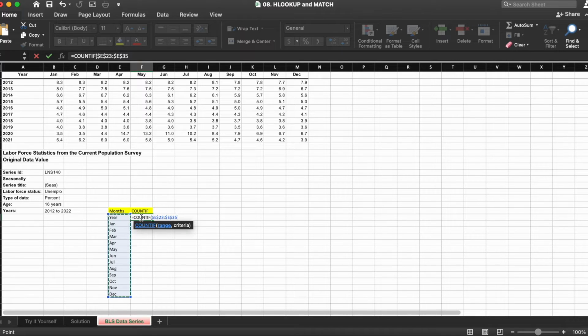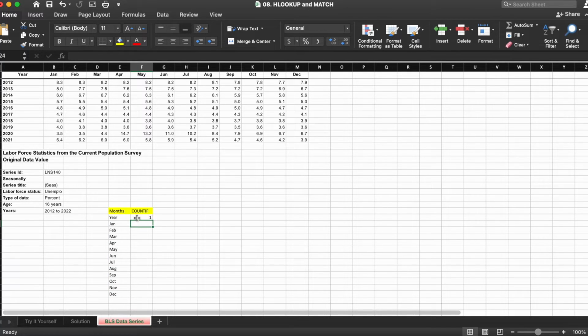Then we'll do a comma, and our criteria is just going to be the cell to the left of the COUNTIF formula, and we are not going to lock that in. If you wanted to, though, you could lock the column by hitting F4 three times. Then close out our parentheses and hit enter. We'll see the value 1 in cell F23.